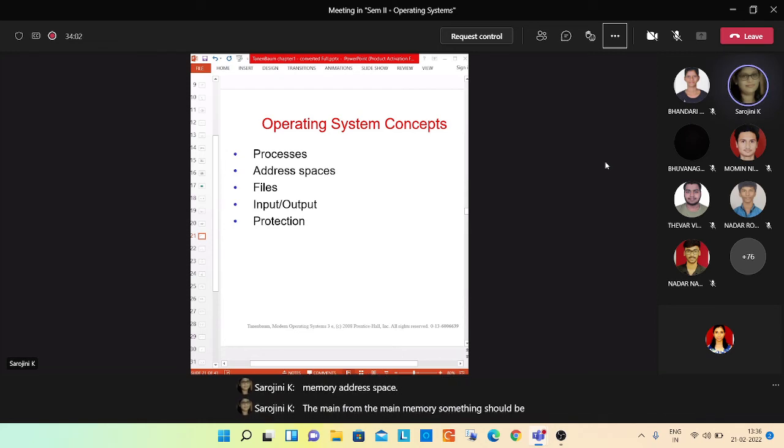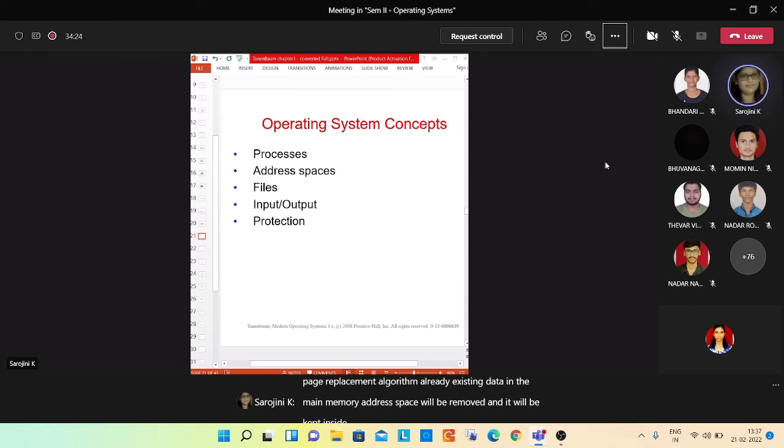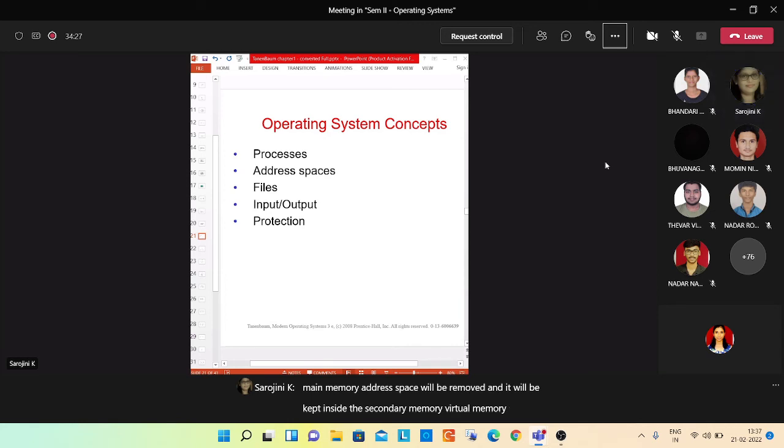Then, applying an algorithm, called the page replacement algorithm, implemented by the operating system, already existing data in the main memory address space will be removed and kept inside the secondary memory, virtual memory. Now we will get a free slot in the main memory, no? So the data which is going to be executed, which we just brought from the virtual memory, can be stored in the main memory.